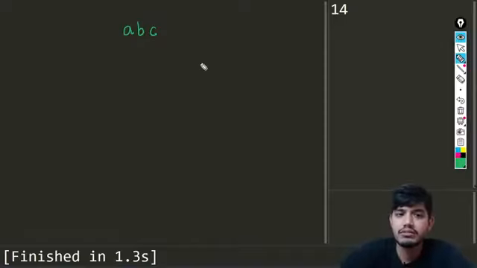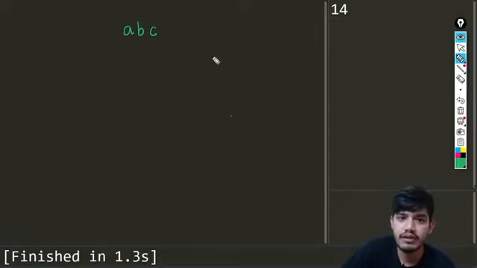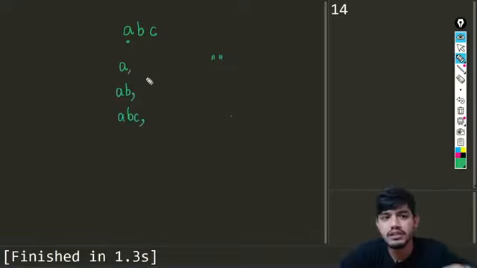Let us see some of the combinations which are possible using ABC. First, we can take the empty string, the value which is not included in this. Second value is A, and then we have AB. Then we have ABC.